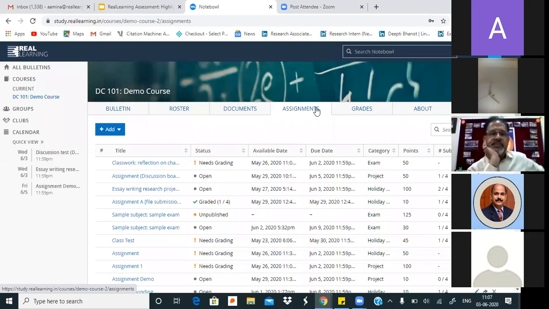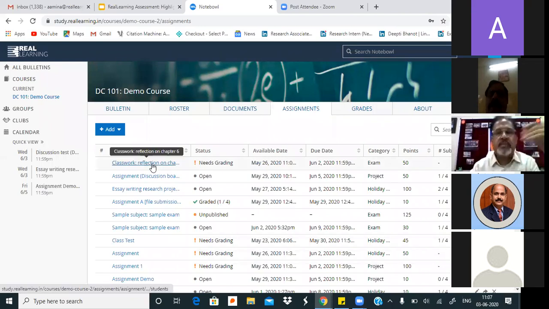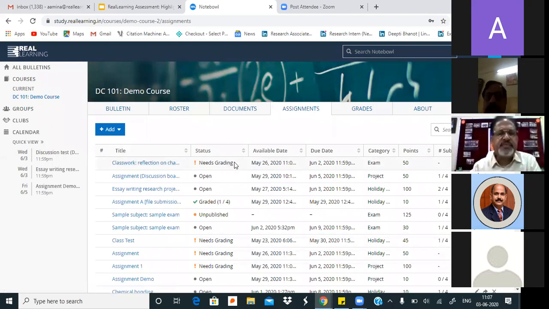What you see in front of you is the list format of an organized dashboard of all the assignments that I am in the middle of creating or I have created in the past. So this is a historical data of all my assignments organized in one place altogether. In one view, I can see what is the title of my assignment, what is its status.